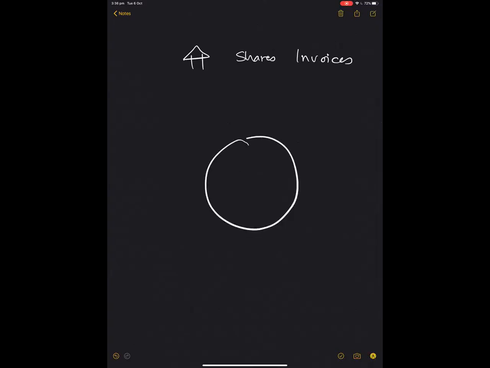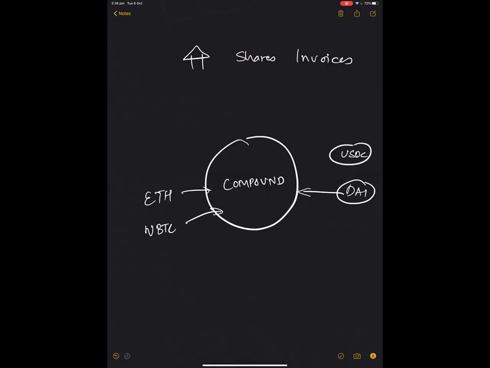So right now, if you compare something like Compound, it's a money market. You can collateralize ETH, WBTC, etc. You can put in as collateral, and you can borrow other coins, DAI, USDC, USDT. Now, all of these things on Compound are currently on chain, which means that if